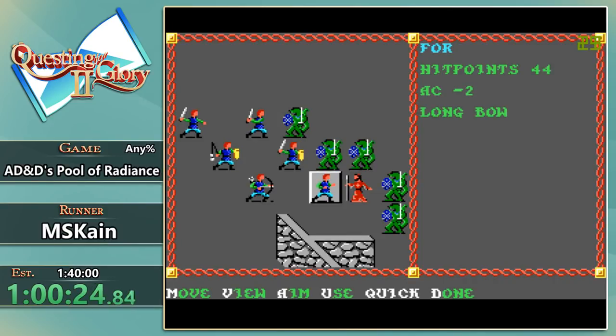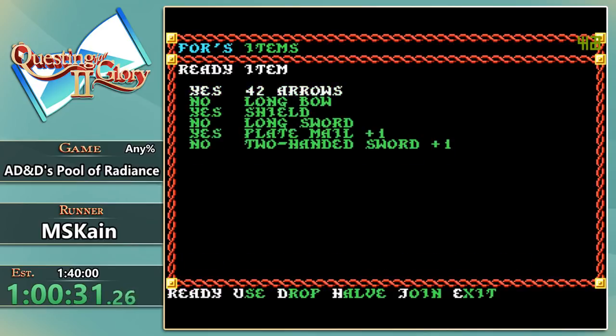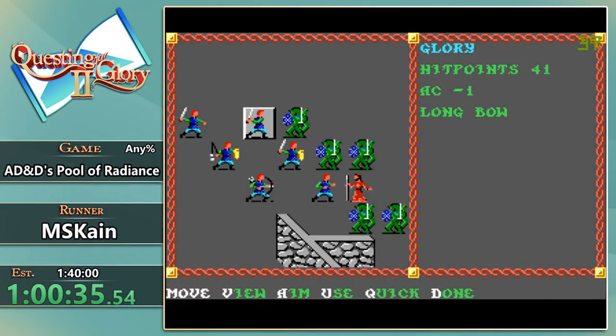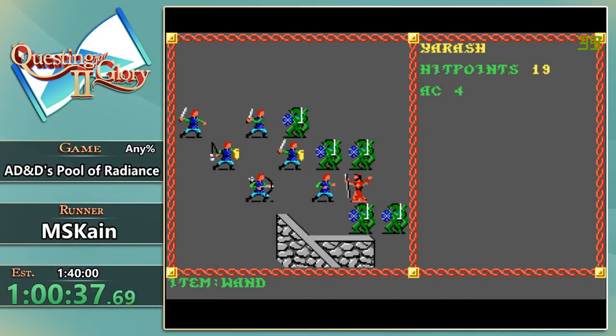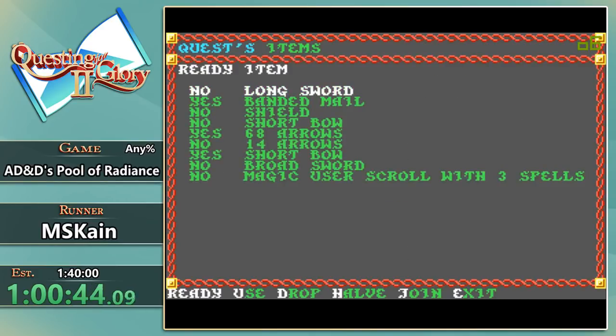That's right, I don't have that. Good thing I have those scrolls. I'm probably going to use them. Ooh, I missed. That's not good, because he can use his wand, but it didn't work. He has a wand to paralyze, which is bad. I am going to actually...